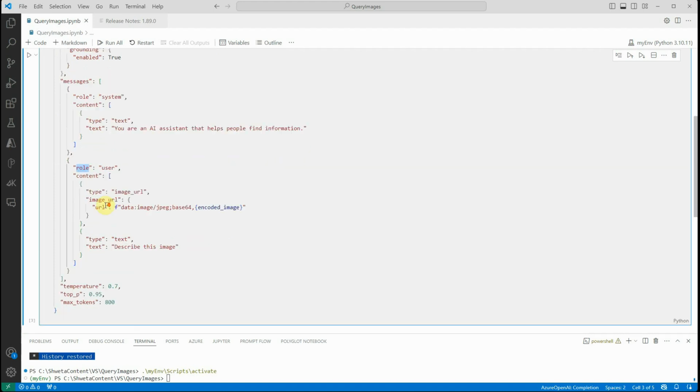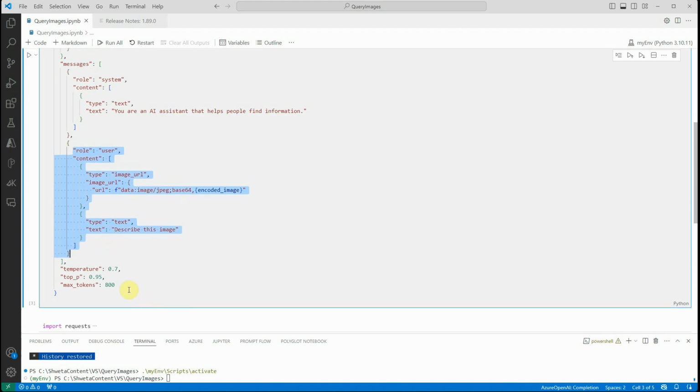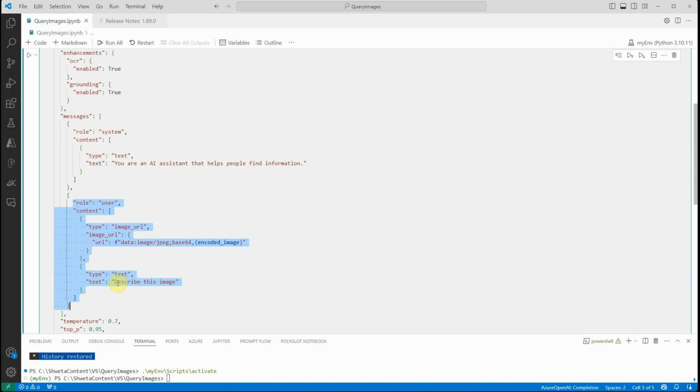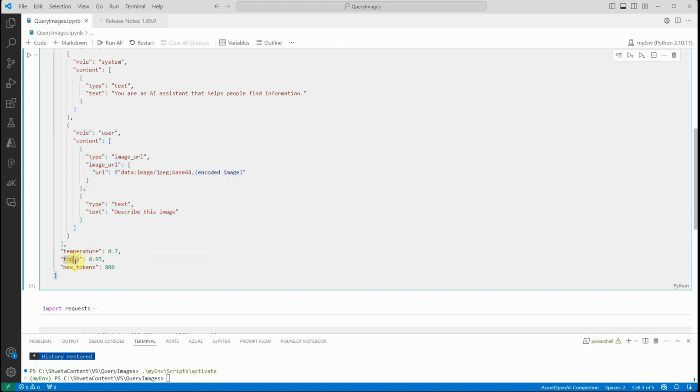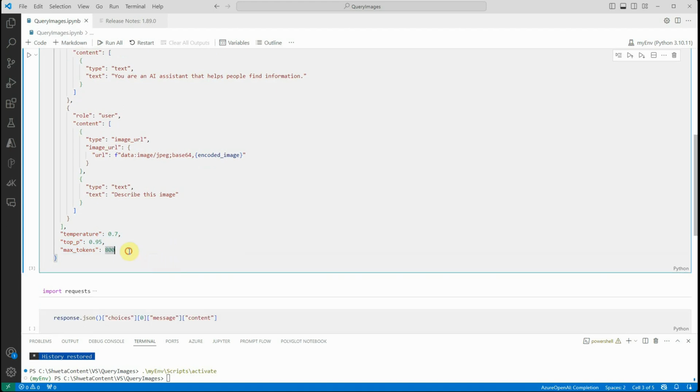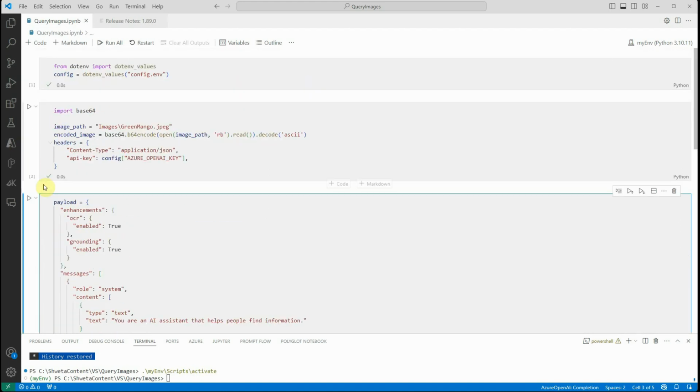The second thing is the user role. The important thing here is that the user role is going to take two things. The first is the detail about your image, and the second is of text type, which is the query the user wants to ask. These two have to go together under this user role. The third thing, which is part of this payload, is the temperature, or the top parameter, the max, and even the penalty parameter. These parameters are optional and you can set them if you want. It may contain other parameters too; like I said, penalty is one of the key parameters, or the presence parameter. All these things you can set over here. I'm going to execute this cell as well,